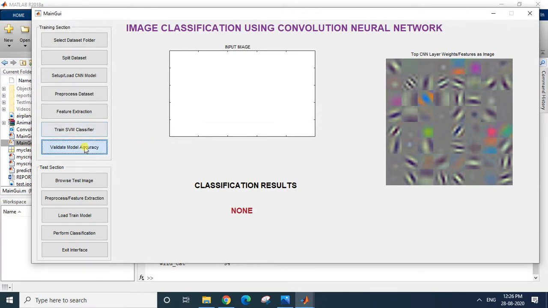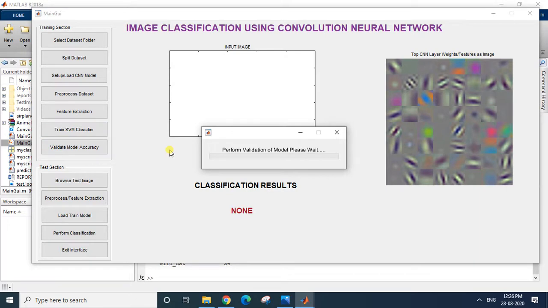If I click on this, the other 40% which I had set aside for validation will be used for validating, and it will tell me what accuracy I am getting with my developed model. This might take a while, and then it will show me the percentage of accuracy.